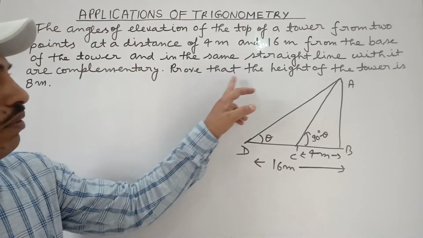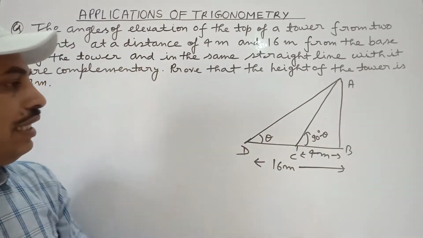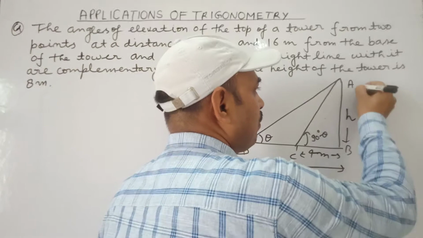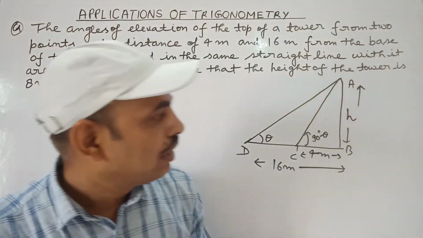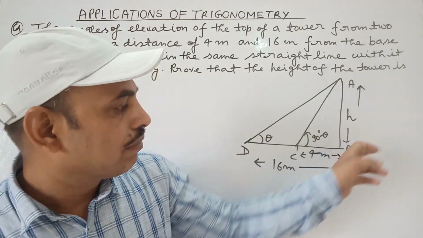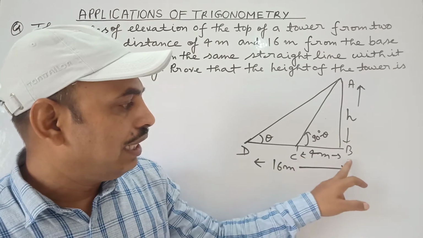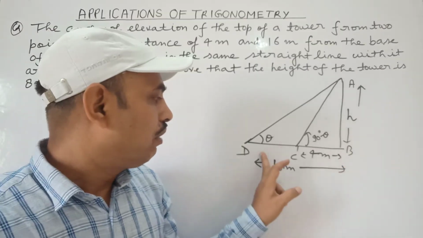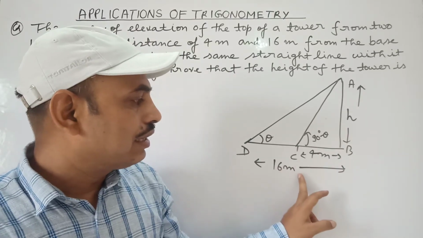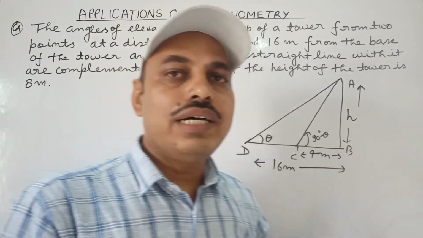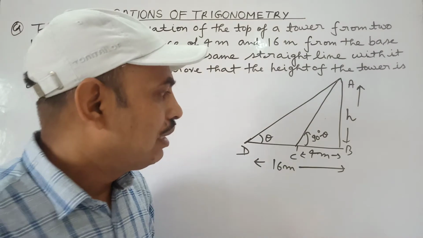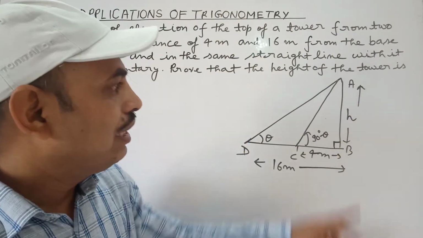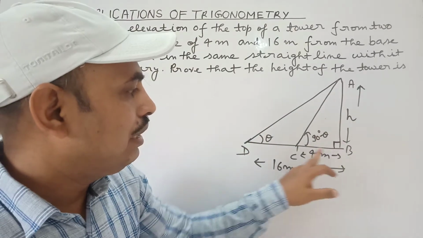We have to prove that height of the tower is 8 meter. We have to find height of tower. Suppose height of tower is h meter. Point C is at 4 meter distance from the base of the tower. Point D is at 16 meter distance from the base of the tower. Here we have two right triangles. In right triangle ABC,